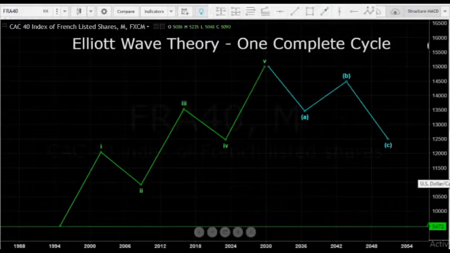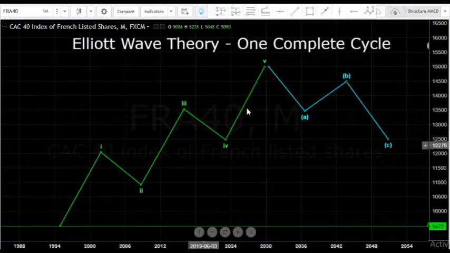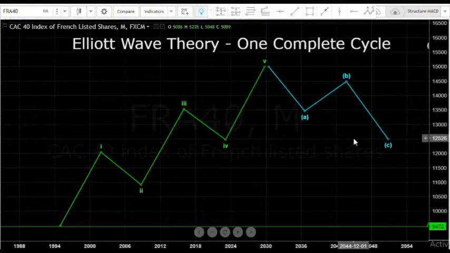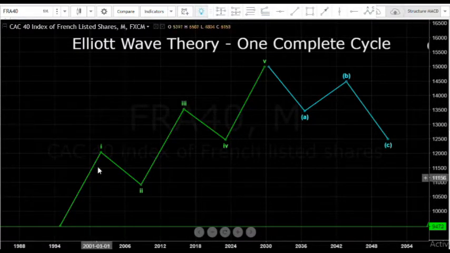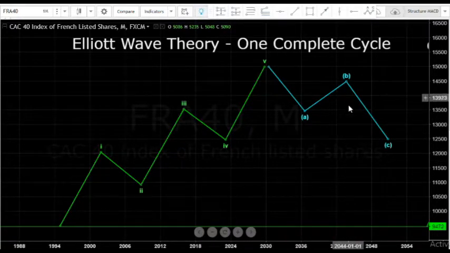Okay folks, let's get the ball rolling by having a look at Elliott's basic pattern, which is a complete wave cycle comprised of a 5-wave impulse followed by a 3-wave correction. Now here we have it. In green we have our impulse, in blue we have our correction. Now we can see that we have 1, 2, 3, 4, 5 waves in our impulse and 3 waves in